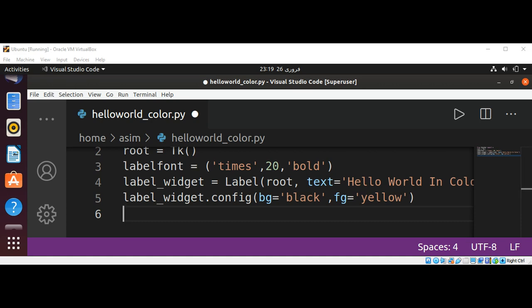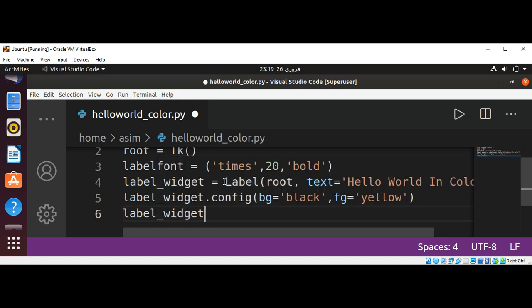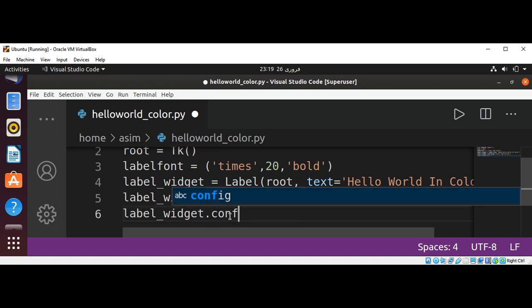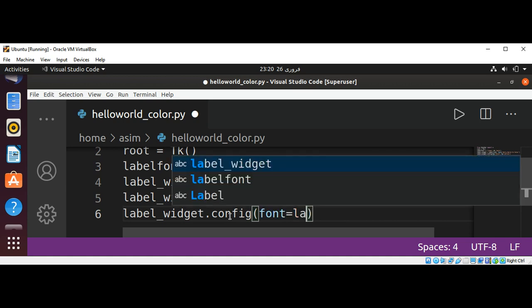And we are going to use a larger font. So this would be over here, label widget dot config, and over here font will be label font,